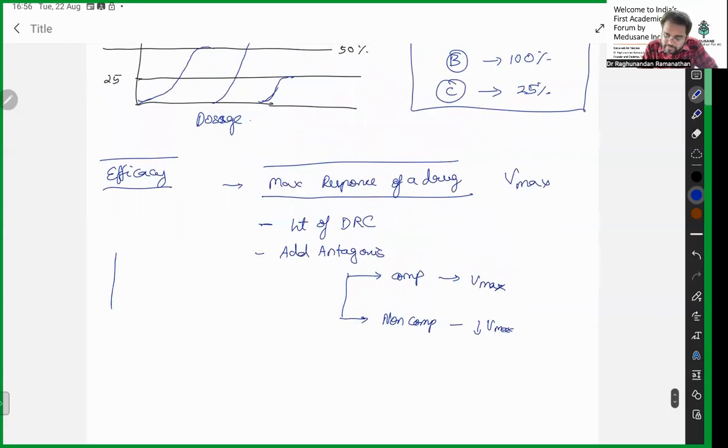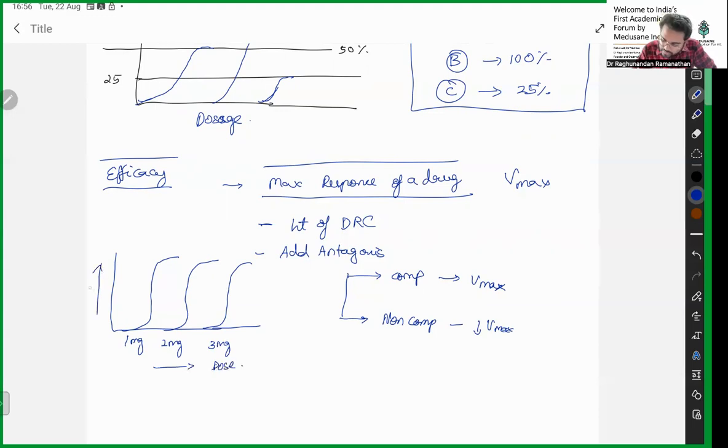Now, after completing efficacy, you understood what efficacy is. If you want to represent it diagrammatically, the efficacy is going to remain the same, but the dosage has to be increased. So first, the love that was 1 mg has to be given as 2 mg, then 3 mg. So the dose increases. But if you give that required dose, the amount of response that comes from the person is going to remain the same.